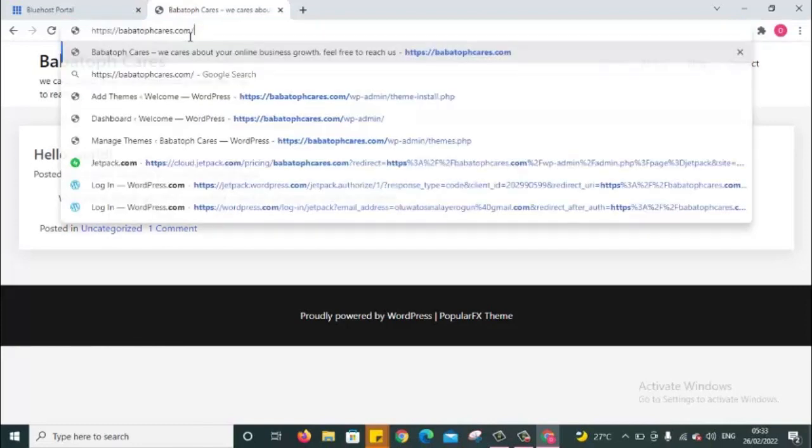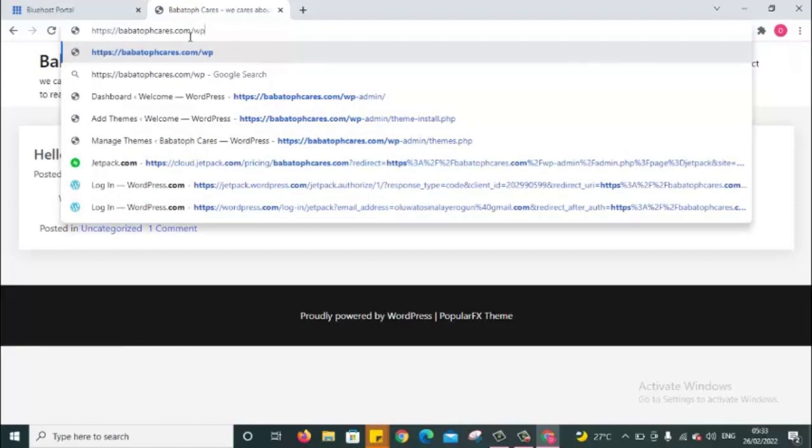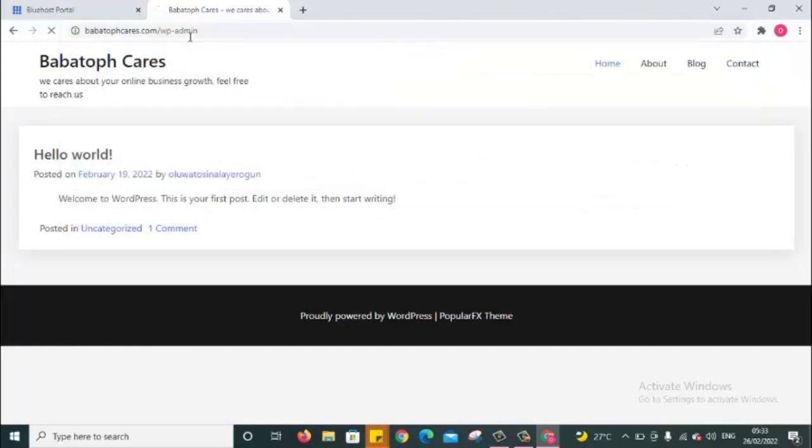I'll now put slash wp hyphen, you put hyphen admin. It's telling you that anytime you want to log in to the back end of your website, slash wp hyphen admin, you press enter. So once you press enter,